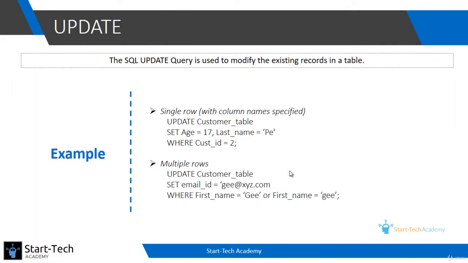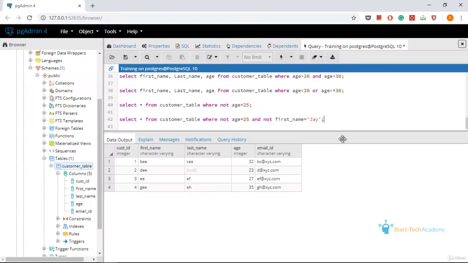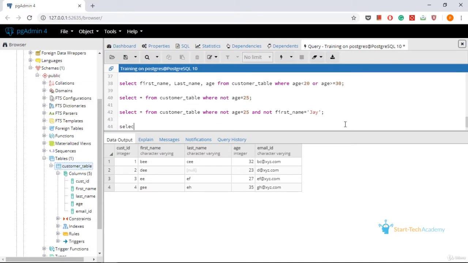Let us say we want to update the age and the last name of the customer whose customer ID is 2. So if we go to the database and look at the table, let us see the customer with customer ID 2.